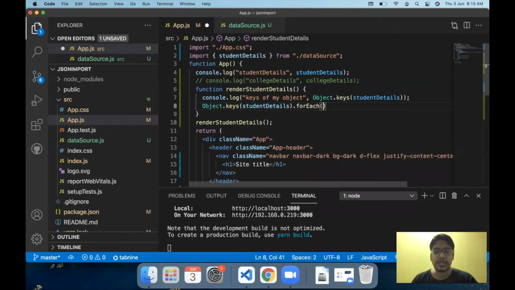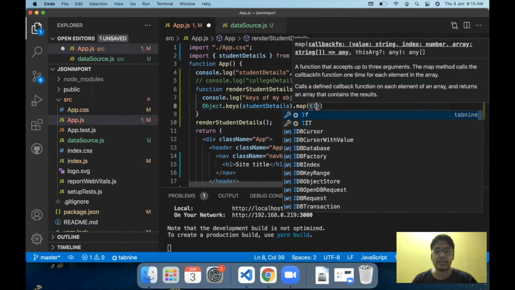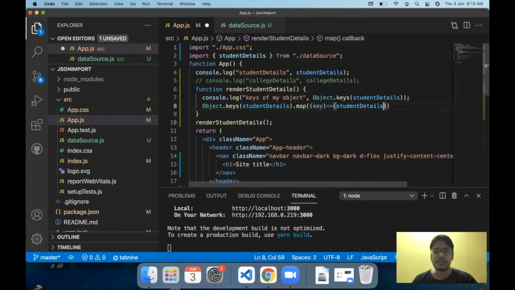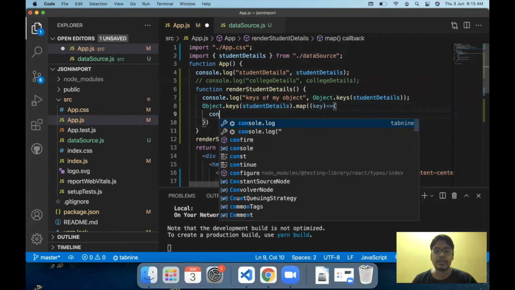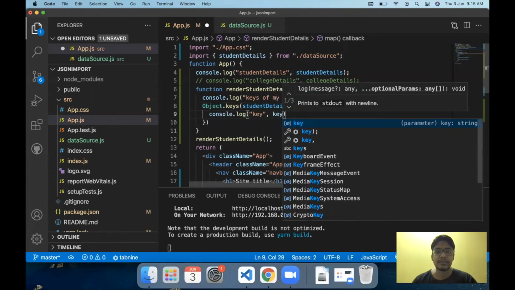So I use student details and we use map here and we have individual key access here. This is the arrow notation which we generally use, and let's just print out all the keys first so that we understand what we are getting when we use the map function.